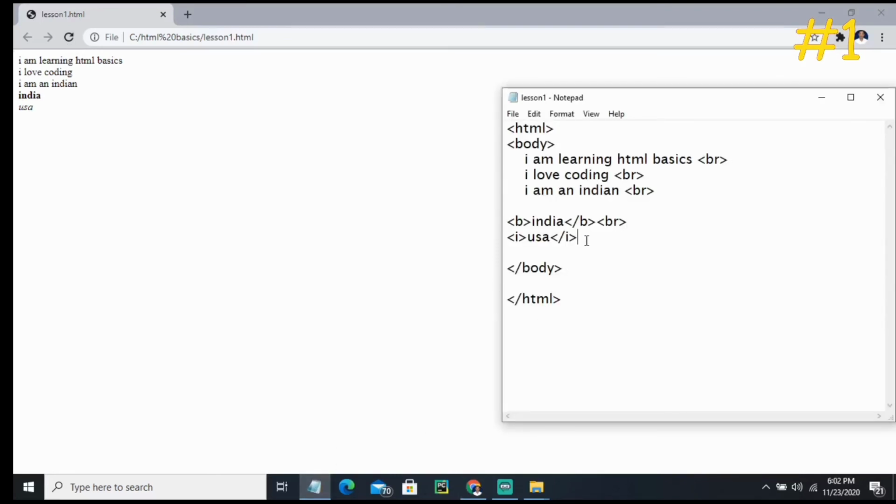So we are going to use one more tag, which is the underline tag. Whatever the text is coming between, let's use one more country name, Canada. We have to close it, right? Underline. So we have closed. Here, after USA, you should put a break tag, otherwise Canada will appear in the same line as USA.